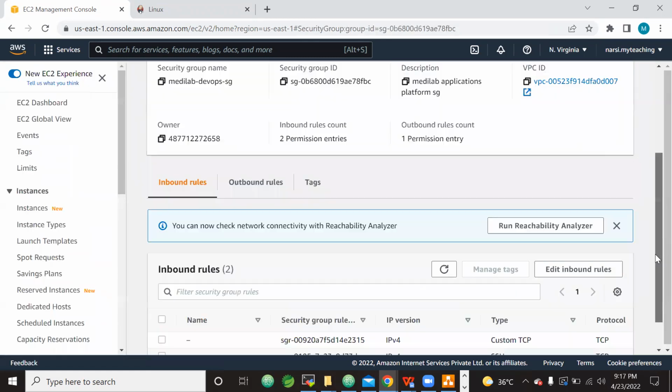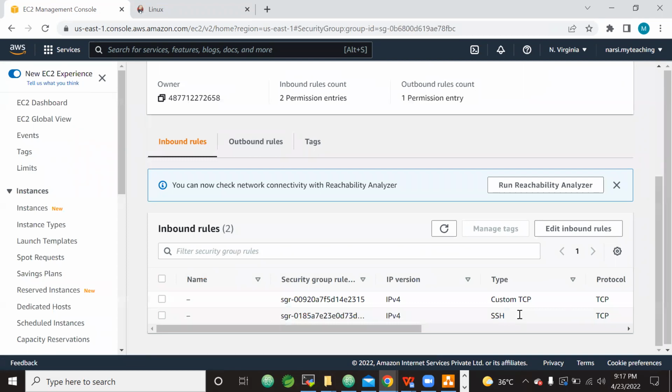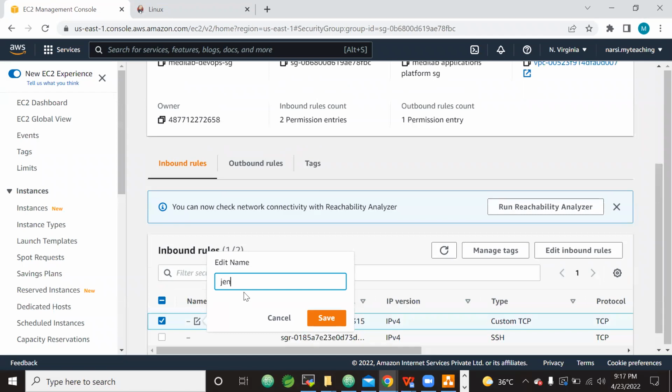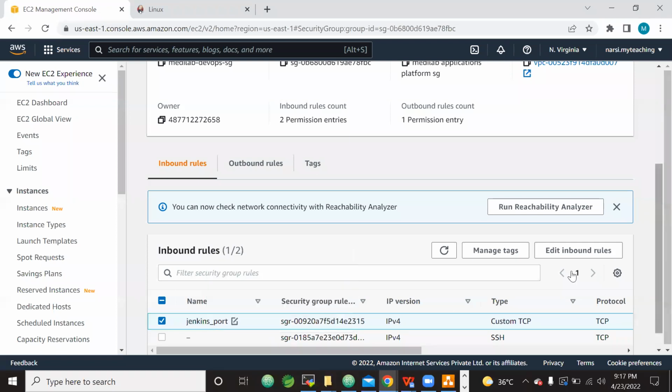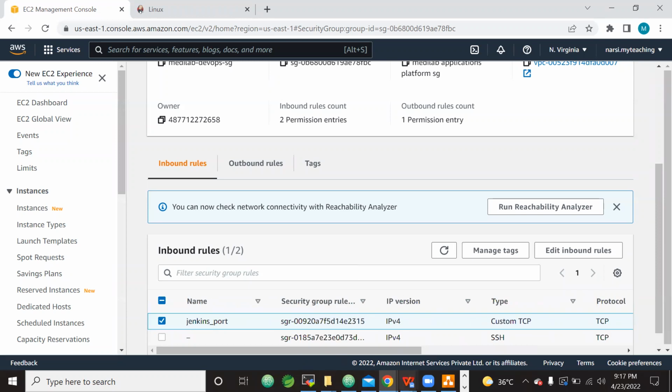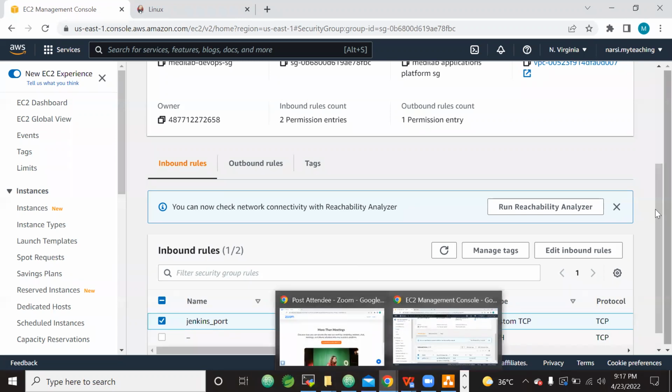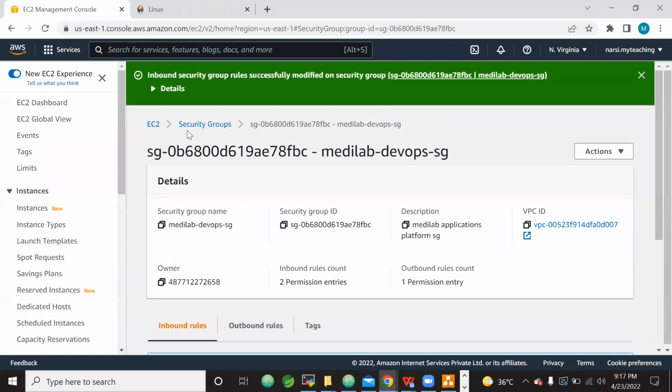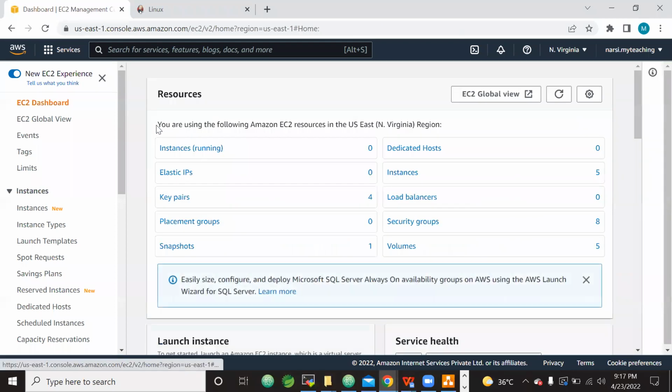Now the rules were saved. Now as the rules were saved, we can rename it actually. So we can say Jenkins port, right? So that Jenkins port we have given 8080, right? Now as the Jenkins port is opened, now go back again to our EC2 machine, which is